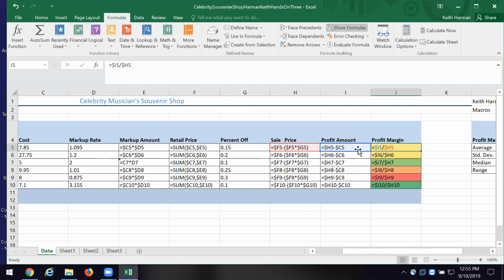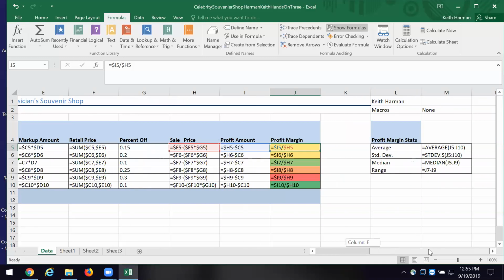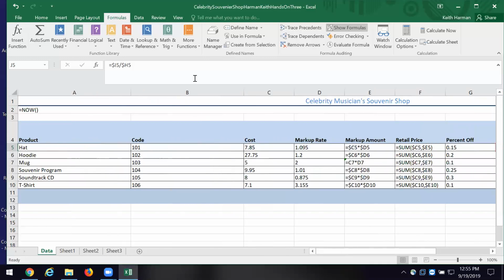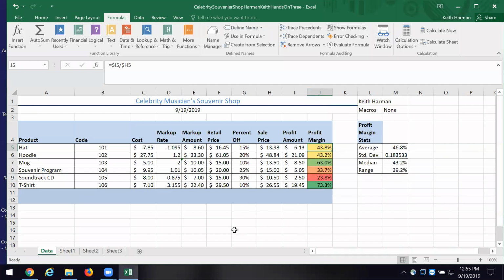So we've got the profit margin there. We can see what it is. So we've done a little bit of work here so far, and we've used the formula. We've used the show formulas so I can see how this was put together, and I could see what the variables are that we're caring about and manipulating, and how we are manipulating them. Let's unclick show formula so we can see this, and we'll do some more work.